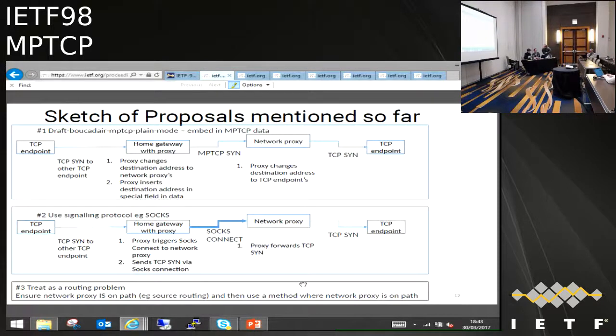Solution number one. What about the source of connection coming from this side, and then source of the